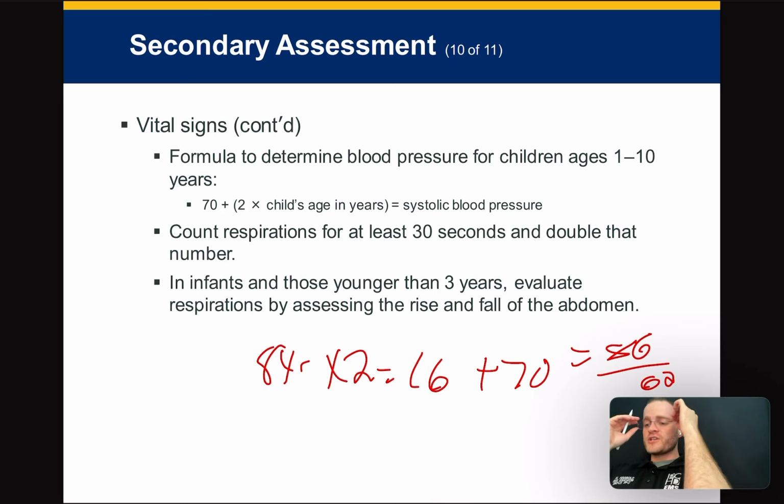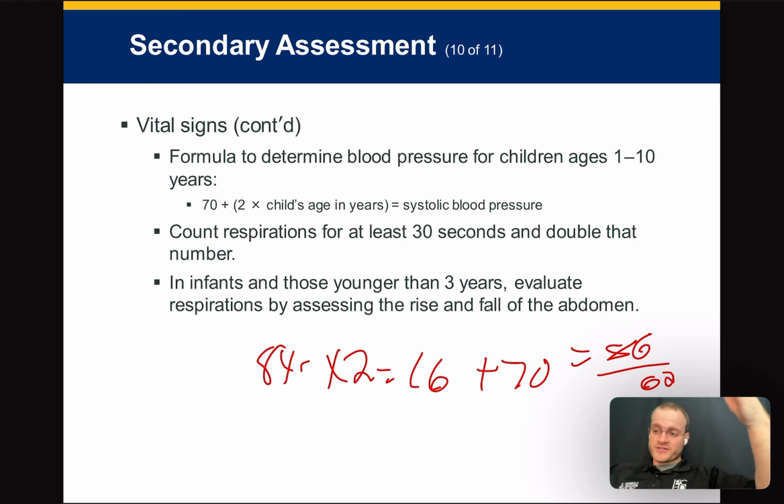Also, we count respirations longer in children because they're breathing faster. So it's for 30 seconds, and then you double that to get your count, okay? It's not uncommon for a 1-year-old to be breathing 60 times a minute. That really does happen, or 45 times a minute, or 40 times a minute. So watch for that. I already told you my trick: if they're breathing once a second, the answer is 60. So I use that.